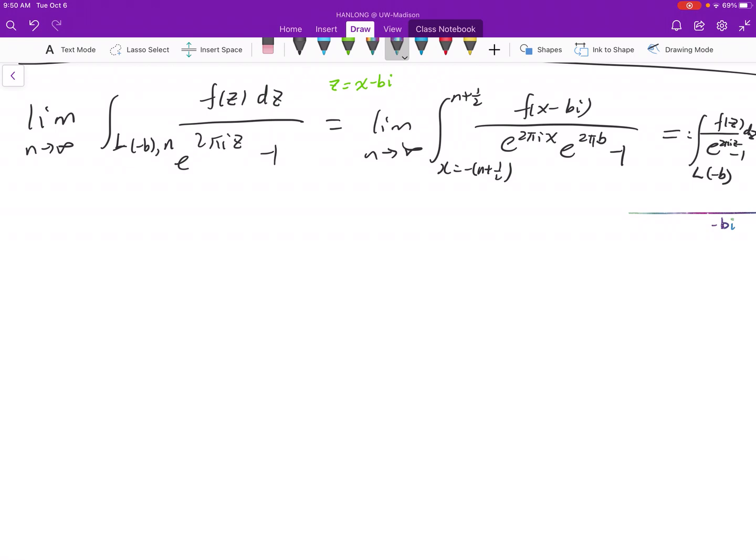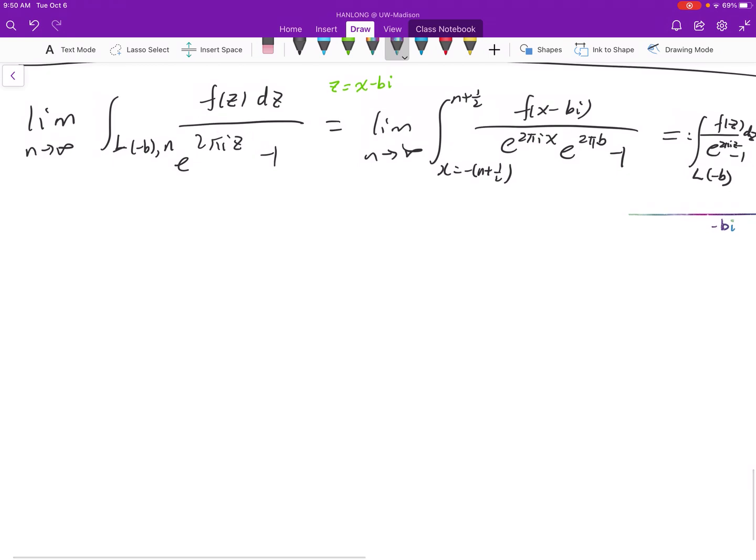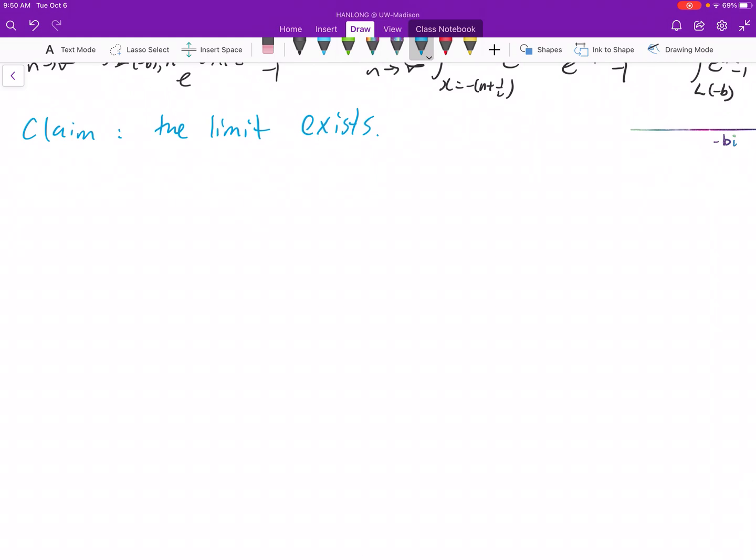Okay, next we want to do some estimate. Of course, first you need to show this is convergent. So claim: the limit exists. This is because